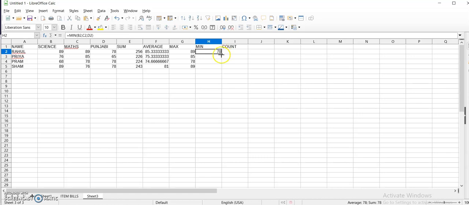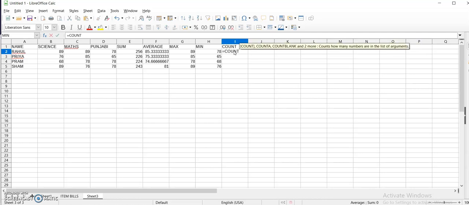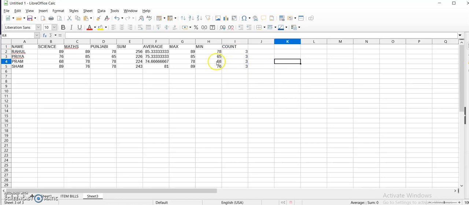You will find the minimum marks from the subjects science, mathematics and Punjabi. If you want to count the total number of subjects, write equals to COUNT, then the names of the cells B2, C2 and D2. Close the bracket, press enter, then you can find the count of the cells. Simply drag it. In this way you can find the sum, average, maximum and minimum marks and count of the subjects.